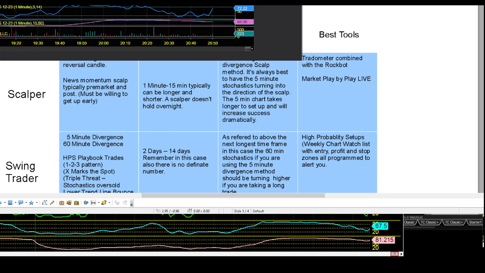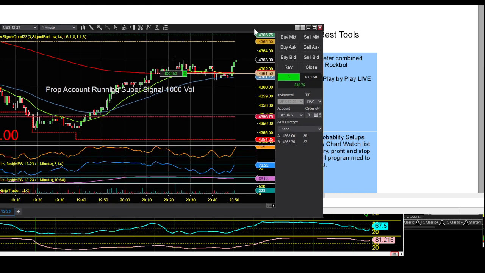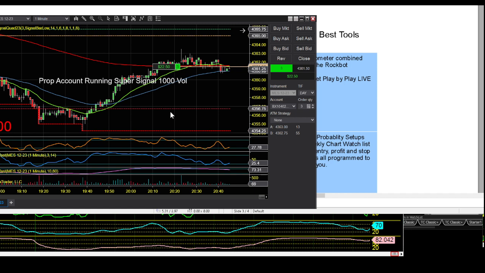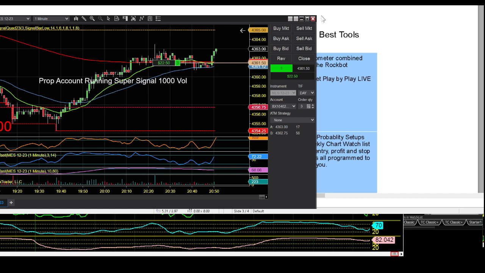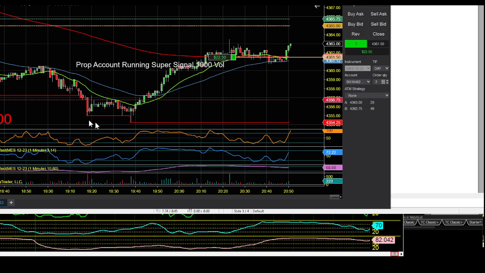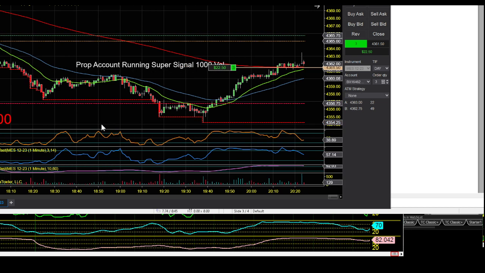You'll see some of it right now. Actually, I have a trade going on right now. I'll just pull this down here because this is going on right now on our prop account, and it's kind of late at night, coming up on 9 o'clock. Just to give you an example right here, it's kind of an interesting setup. There are two setups right here that I pay attention to.